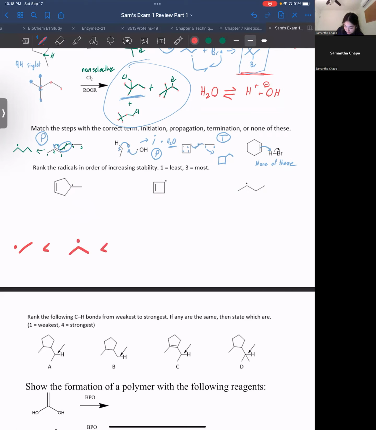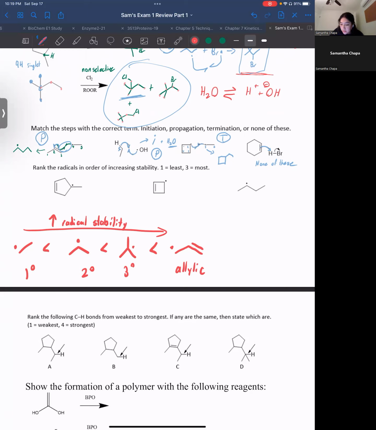The secondary radical is less stable than the tertiary radical. And the tertiary radical is less stable than an allylic radical. Increasing radical stability. Okay, so